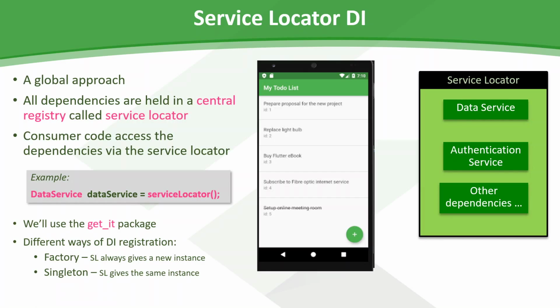And then there is another variation of singleton provided by Get It, which is lazy singleton. Lazy singleton is the same as the second one, which is singleton. However, the only difference between the third one and the second one is that the lazy singleton doesn't create an instance